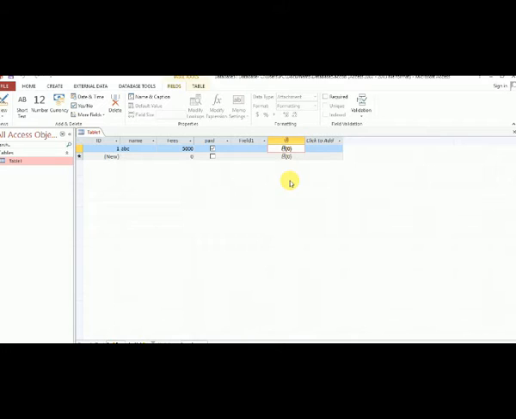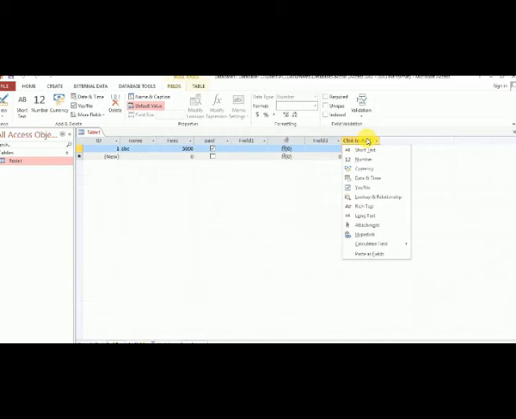Roll number is a number, so you can click to add a number field. Name, address, and class can use short text fields, or class can also use a number field.